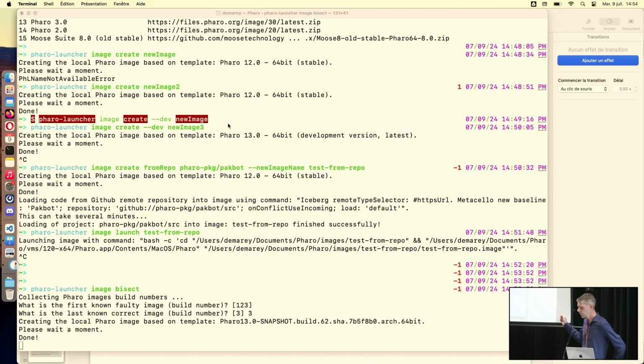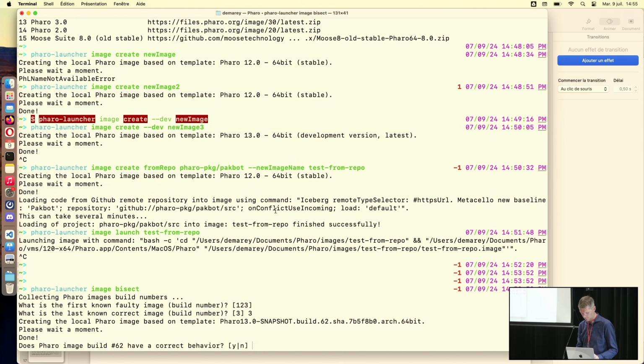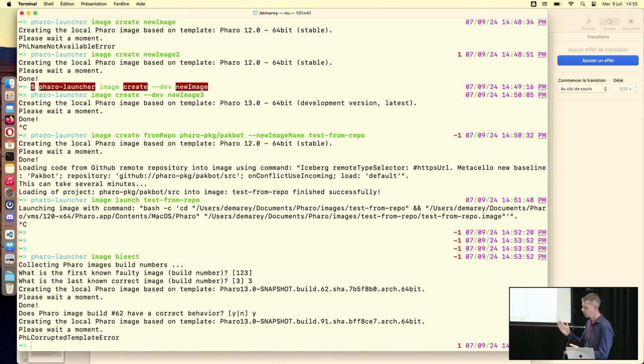So what the algorithm does is to find the image in the middle. It will download it for you, run it. You check, is the bug present or not? You have to tell him, yes, the bug is there. Okay, I will do the same, another bisect, until you find the image that is faulty.